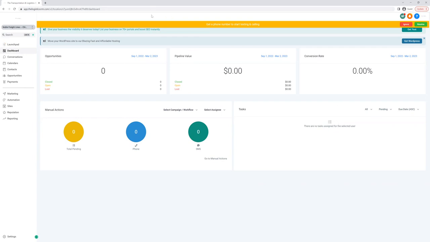Okay. So you might see some sort of alerts and things like that pop up on your dashboard when you log in. Depending on what the pop-up says, you can either ignore it or click it and see where it takes you. For instance, this is telling you to get a phone number to start texting and calling. So if you did want to start messaging clients or taking phone calls within the system, you would just hit resolve and it'll take you to the platform where you would get that activated. Then we have here this